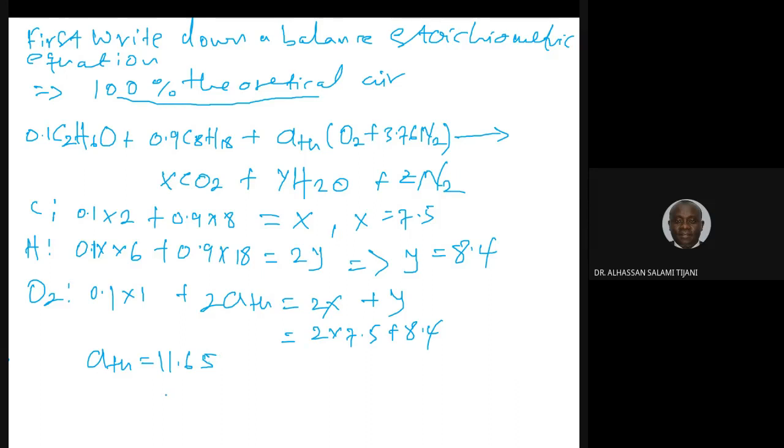Okay, so now we're going to write down the complete equation for the 100% theoretical air. Then we're going to look at 10% excess air. That gives us the final equation: 0.1 C2H6 oxygen plus 0.9